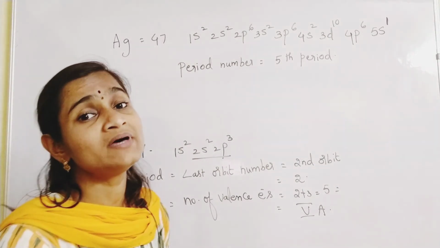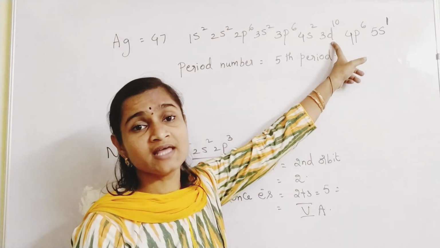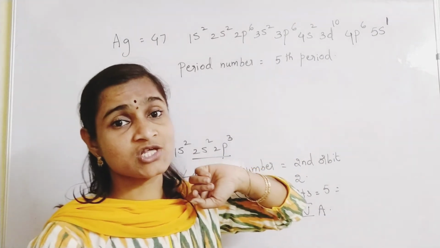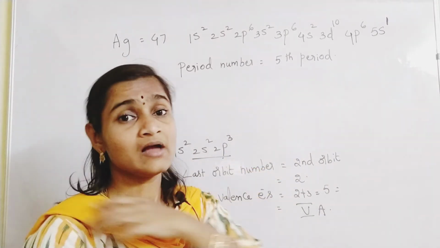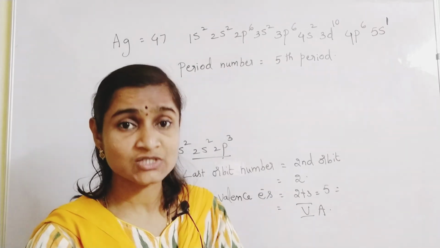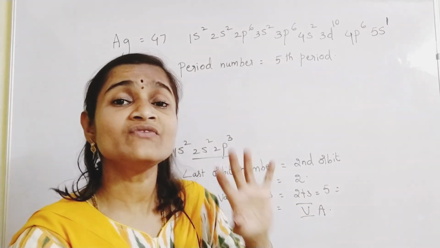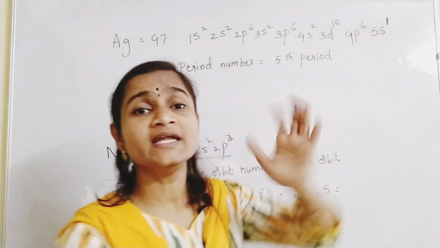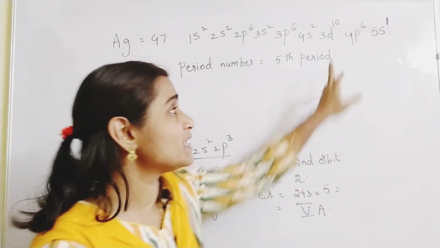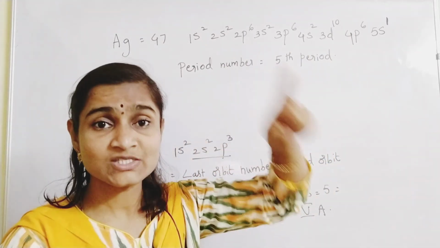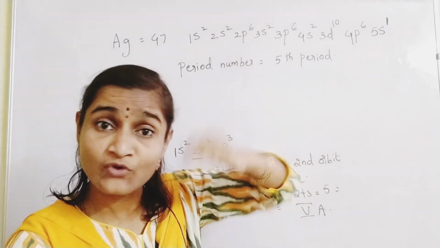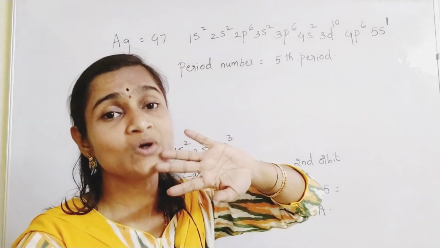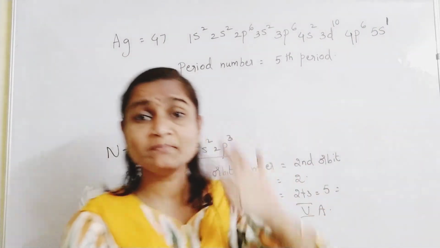Now what about group number? Here d electrons are there, but they are in the penultimate shell. What did we say? Count the number of s electrons of the last orbit and d electrons of the last but one shell. Last but one shell is the 4th orbit, where the last orbit is the 5th orbit. d electrons are not there in it, so only 5s1, 1B group.